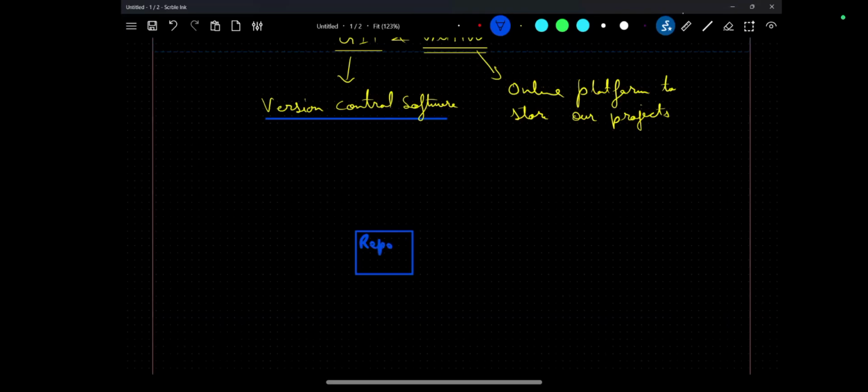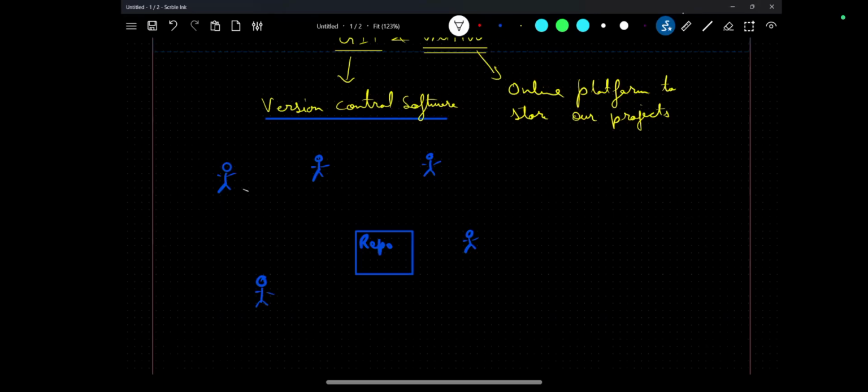Now there will be multiple persons working on the same project. For the time being, I'm just taking 5 people working on the same project.